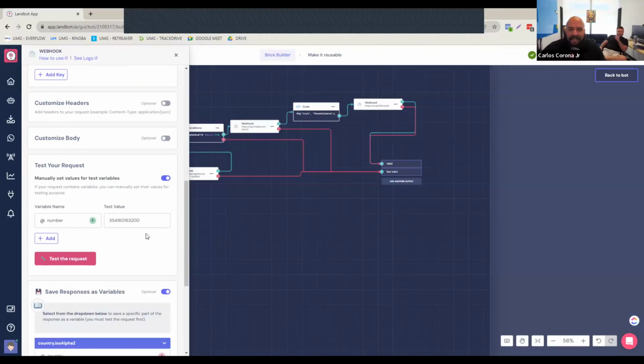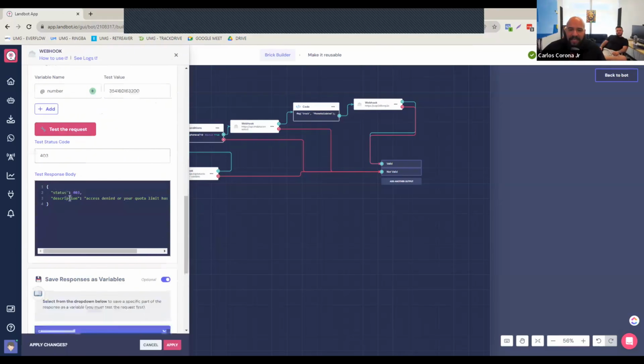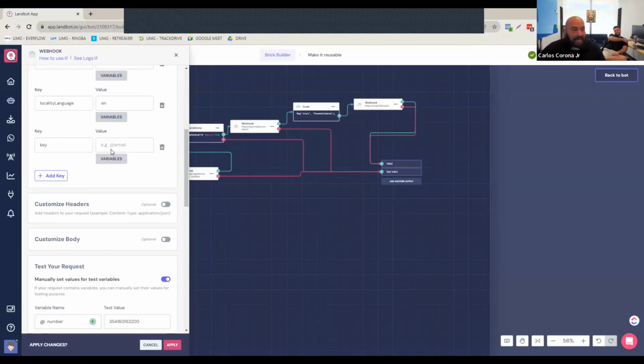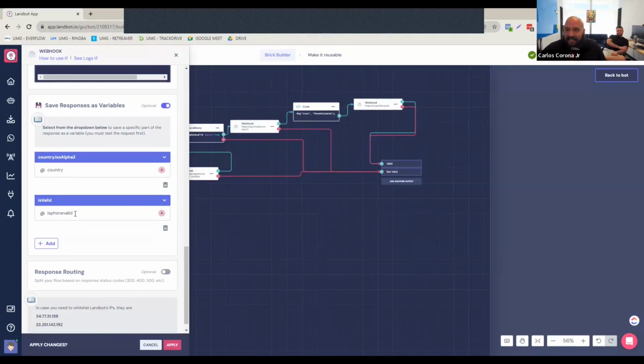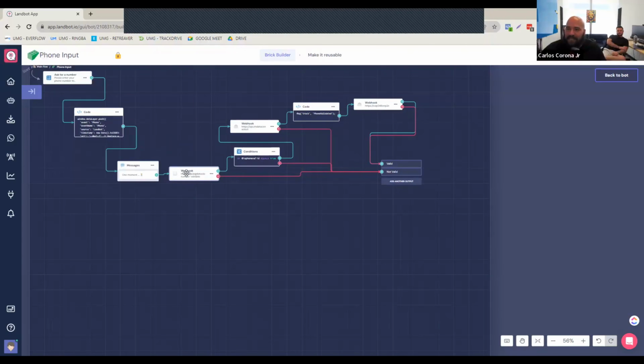Then here is a test. So if you want to test the phone number, here's a phone number. I click test. It's not going to work because it doesn't have an API key. I will show you a working version in a little bit. The results from that, which is what that endpoint is going to send you back, is going to be the country and whether the phone is valid or not, right? Is this a valid phone number? Yes or no? So if it's a valid phone number, then we're going to send it to our data center,